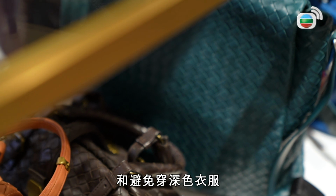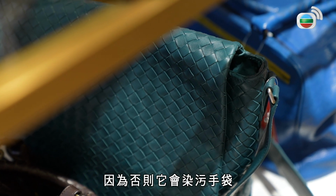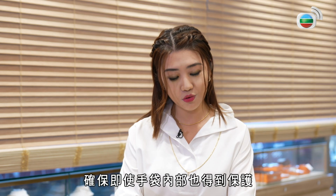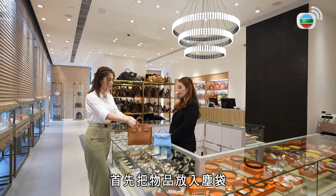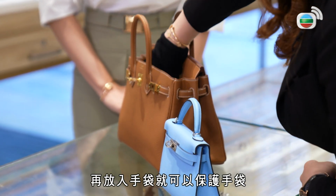Alright, so there are many steps we could take, including making sure that we don't accidentally scratch it with our nails, and perhaps also don't wear dark colored clothing because otherwise it would get onto the bag. But another thing that some women do take care of is making sure that even the innards are taken care of. So you would put stuffings in there. It could be the original bag, the bag covering that's protecting the bag, and we'll put it inside to prevent